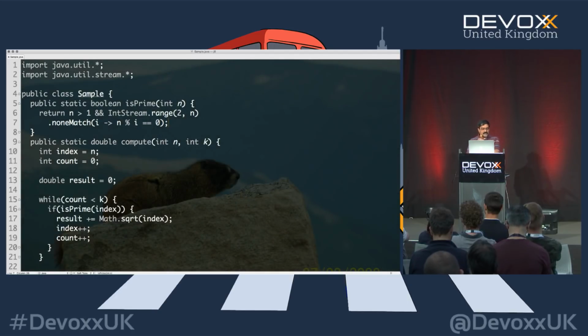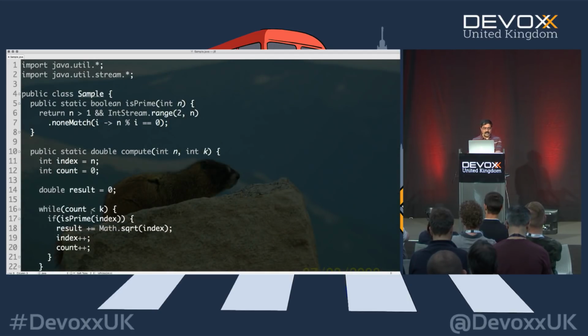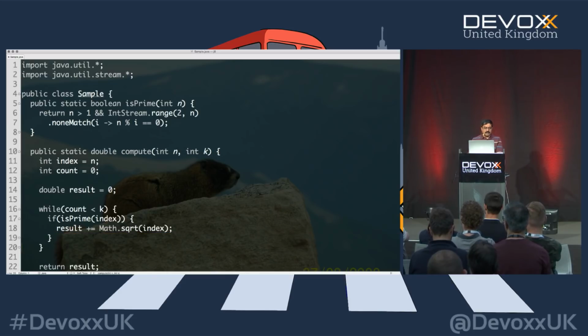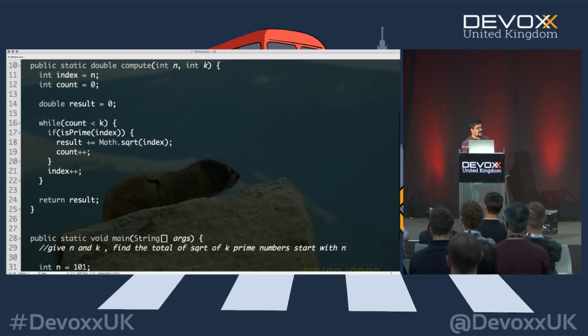Now, you probably looked at this and said, Venkat, you're wrong. Why is that? Because the index plus plus has to be out. Well, okay, I move it here. Then you say, no, this has to be in, that has to be out. How do you feel about that? That's a lot of complexity in the code, isn't it? But when I run the code, it produces some result. But that's an example of a very accidental complexity in the code, pretty intense, isn't it?